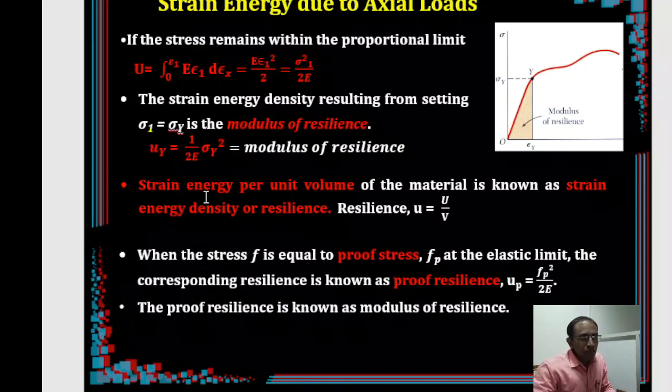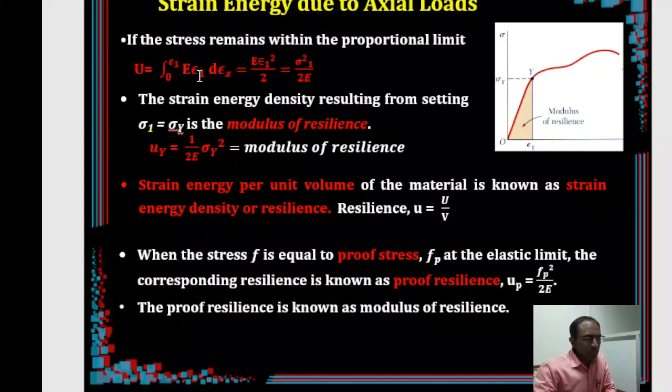Then, strain energy due to the axial loads, right? In the same flow we are moving; ultimately we can express the strain energy due to axial loads in different forms, in terms of strains only, or we can express it in terms of stresses only, right? So when you express that term, previously you have written strain energy is nothing but the product of stress and strain. So here it is